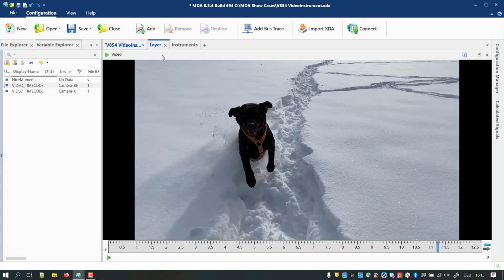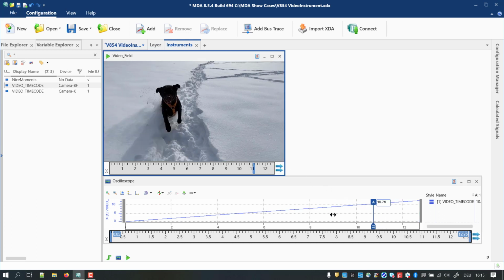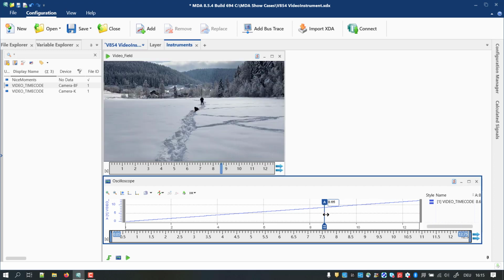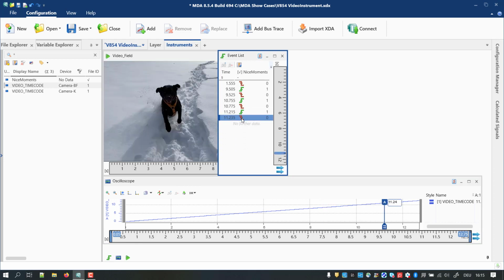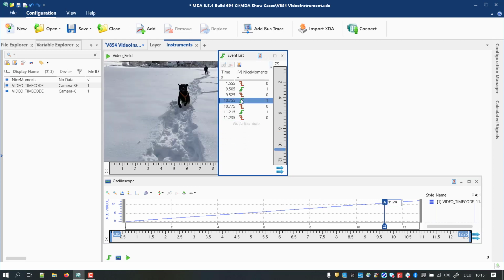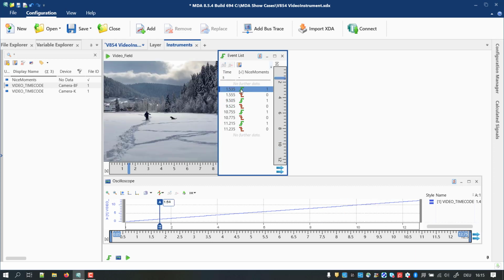The video instrument can be synchronized in the usual manner with the other instruments. Then the picture shown corresponds to the point in time defined in the master instrument. The active instrument acts as the master. It can be an oscilloscope or another instrument which can provide a clearly defined point in time.